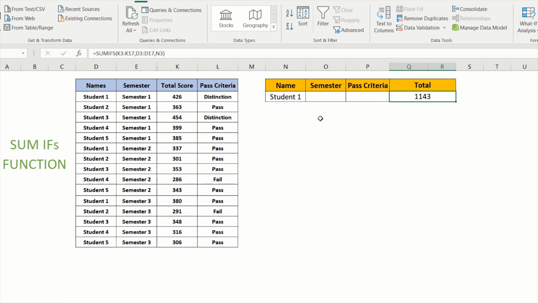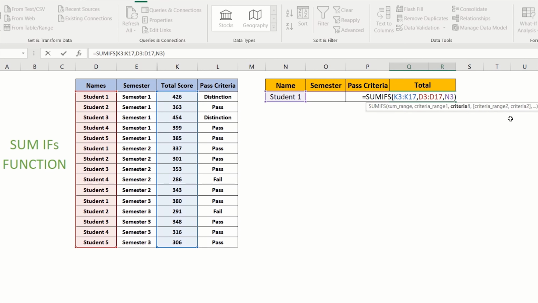In this, we have used just one condition, which is the total score of student 1 in all the semesters and whatever be the pass criteria. Now suppose we want to add another condition to it. So we hit F2, we go to the end of the formula, we hit comma. Now it's talking about criteria range 2. So this is my second range from where I'll be selecting the second criteria, comma, second criteria is semester,